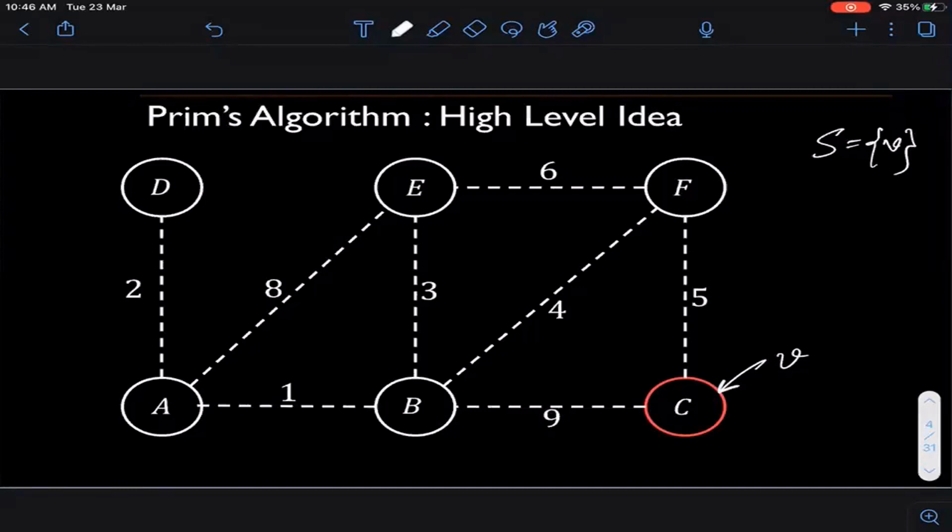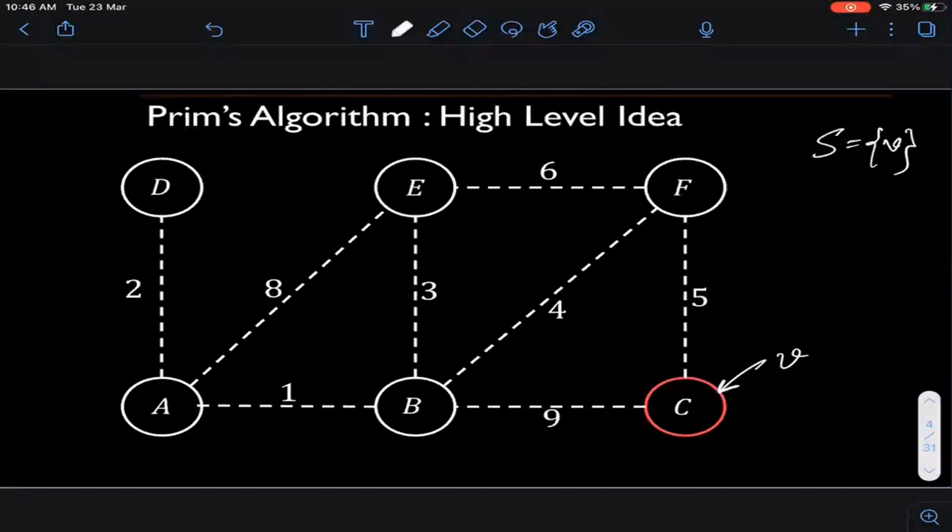So who can tell me how do I choose an edge to add, or how do I choose this new vertex to be added? So I hope everyone understood what I have said so far. Same as in BST. No, there is no cost in BST. Yes, good. So someone wants me to repeat the high level idea.